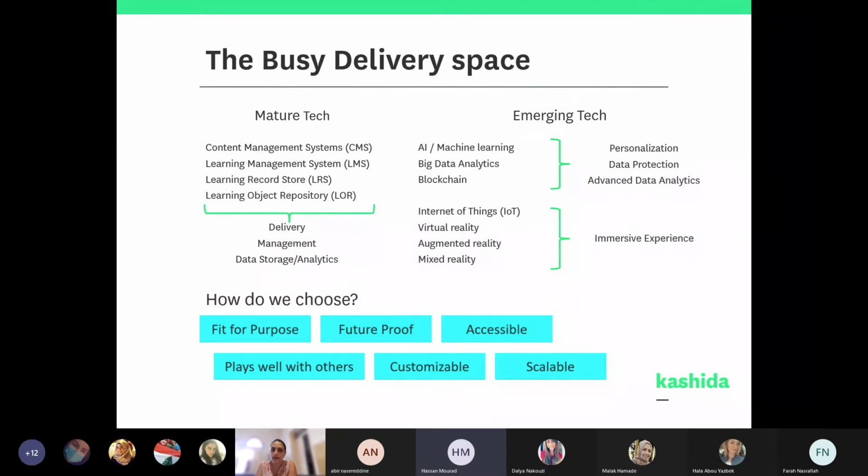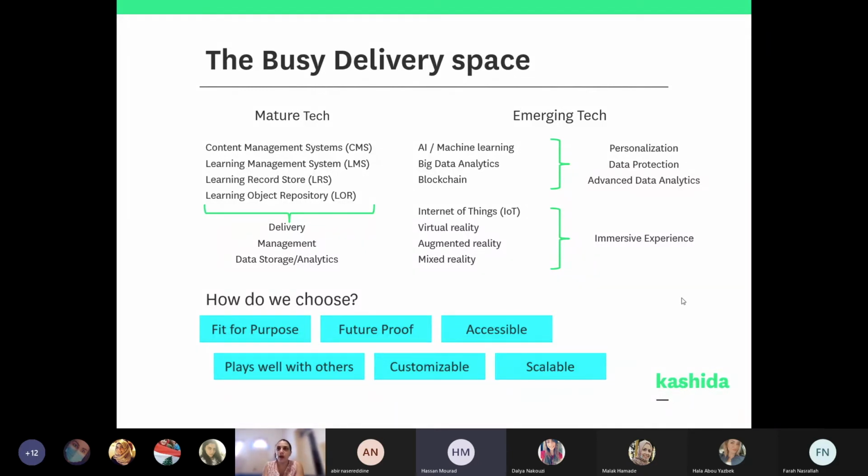Until now, we don't see any strong need to have these technologies incorporated, but as they become more mainstream and more affordable, we're going to see them play a part in digital education. And I think COVID has accelerated this, because at least webinars and live online sessions have become mainstream, common practice for everyone.